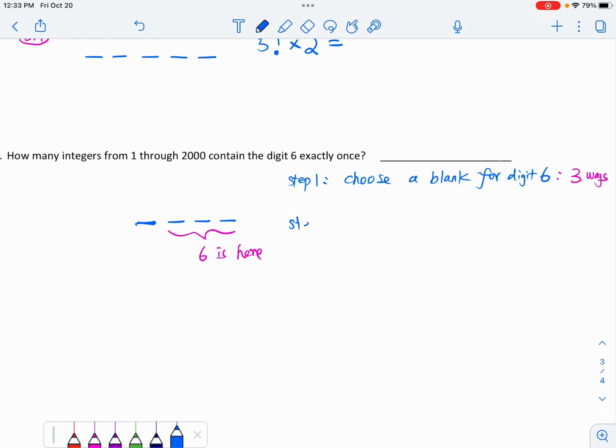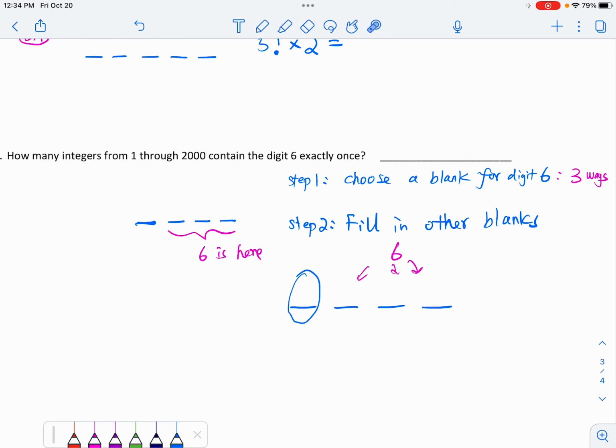Now step 2, you're gonna fill in the rest of the blanks, okay? And then how do you do that? So imagine 6 is in one of those. And then how many ways for you to fill in the first place? Because it's from 1 through 2000, the number of ways you can fill in is 0, 1,